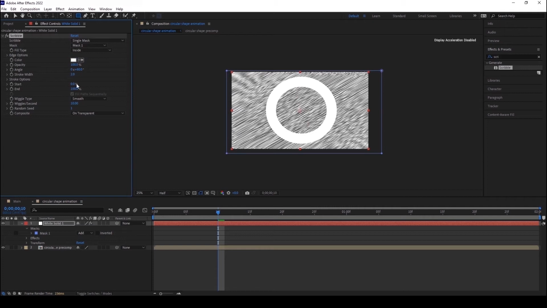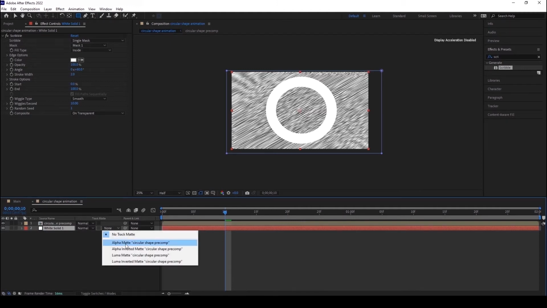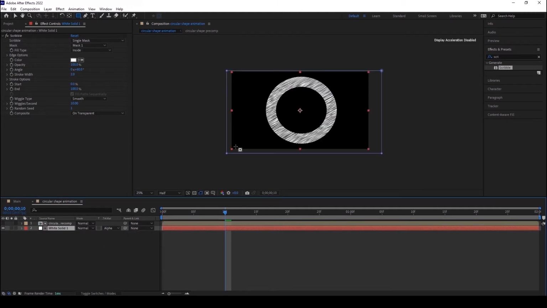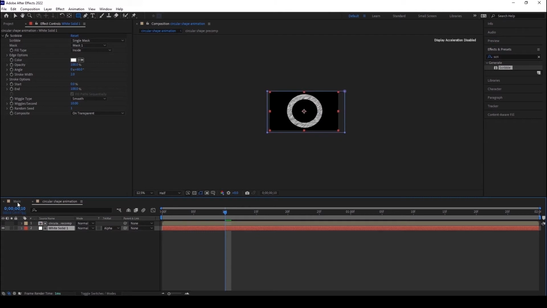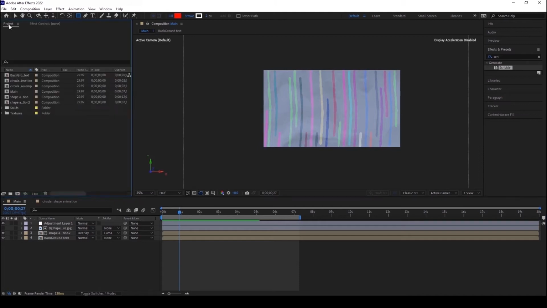I don't want to change any settings or anything else. I want to leave it as per default, and drag this white solid under this pre-comp and go to the toggle switches and go to the track mode, and I want to make it as alpha matte. Now we are going to see this scribble is inserted under this shape layer. Alright, we finished this one, and now go to the main composition, and I want to drag this circular shape pre-comp animation into this main comp,